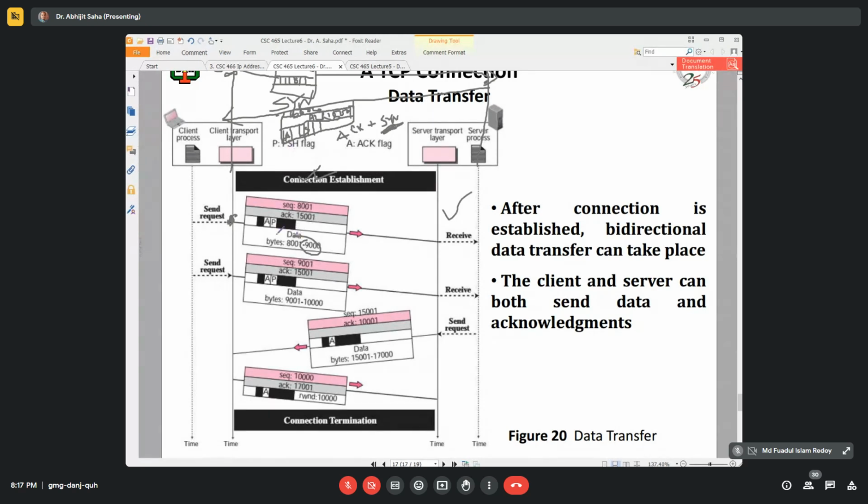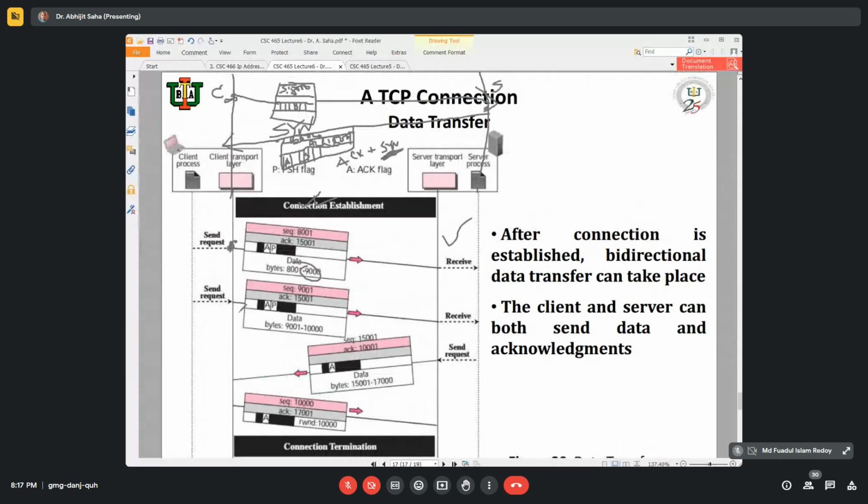So now, in this example, the client wants to send 2000 bytes. Okay, so it can be sent with a single segment, it can be sent with two segments, it can be sent with four segments. Any number it can be. So here it is sending with one segment. Okay, so now say that the 2000 bytes